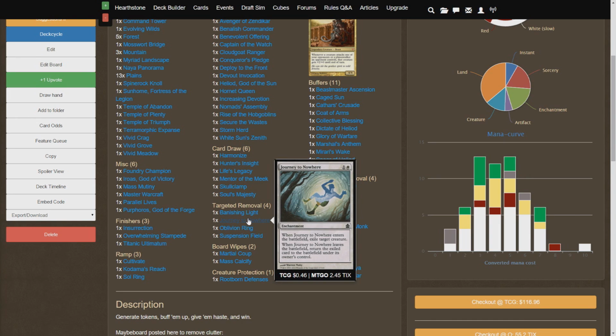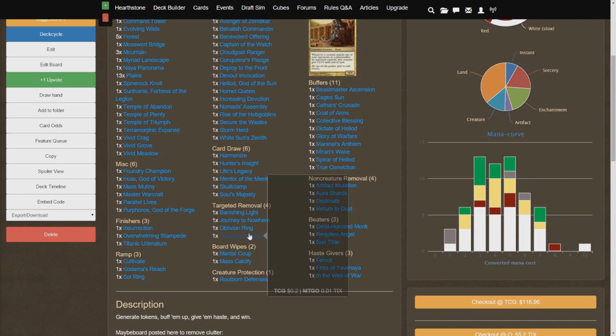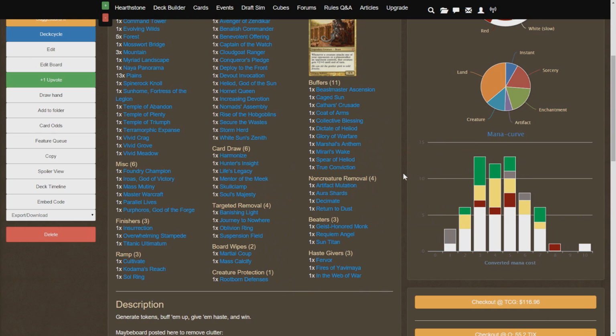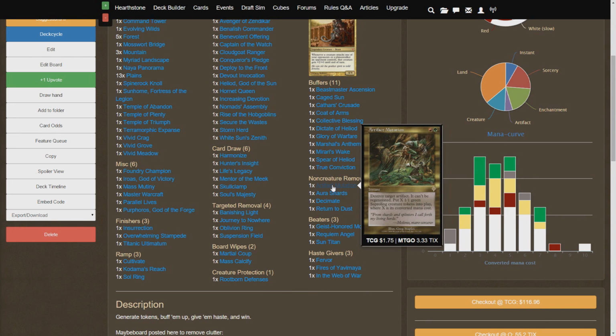Path to Exile specifically is like $9, and Swords to Plowshares would be, I guess, another card that I would look at. That would be the first card that I would include for extra creature removal. And Suspension Field is going to hit pretty much every creature, being that most creatures have toughness 3 or greater in Commander. Non-creature removal: Artifact Mutation is going to get you more tokens if you can destroy a really high cost